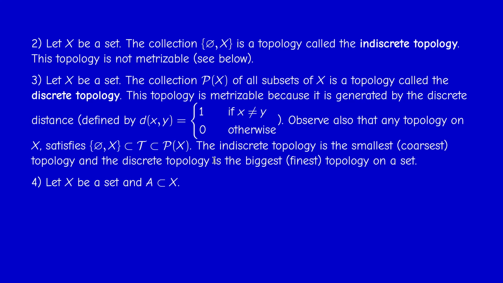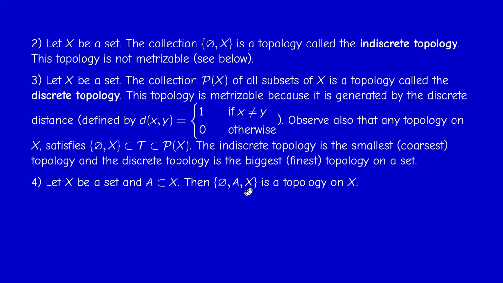Another example, if you consider an arbitrary set X and a subset A of X, and we consider the collection consisting of just 3 elements, so it's a finite topology: the empty set, A, and X. Now, that is also trivial, that it's a topology because it contains the two extremes, empty set and X. If we take an intersection or union, let us say,